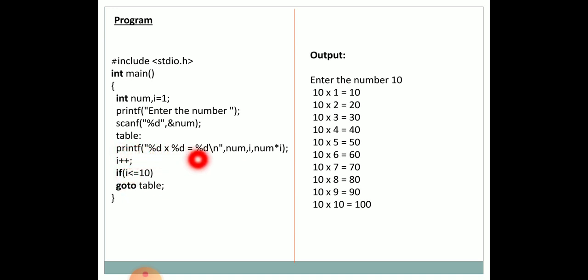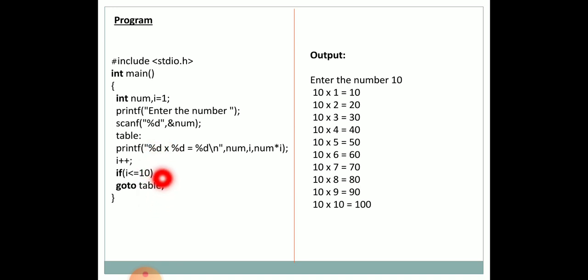Again the same set of statements will be executed until the value of i becomes greater than 10. When the condition i less than or equal to 10 becomes false, that means when i becomes 11, the whole program will be terminated, because we had not given any statement outside this loop, outside this block.